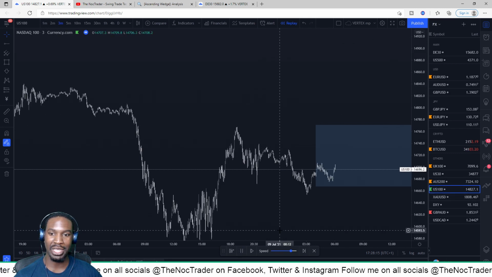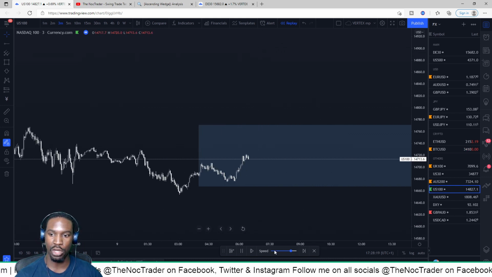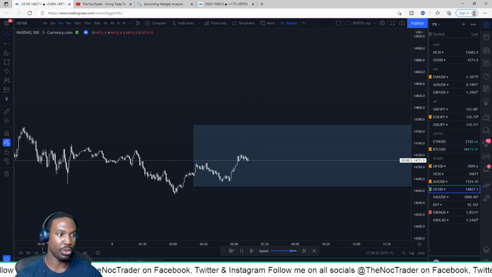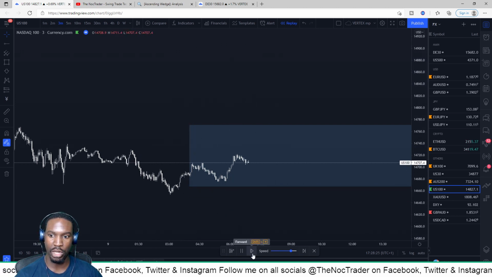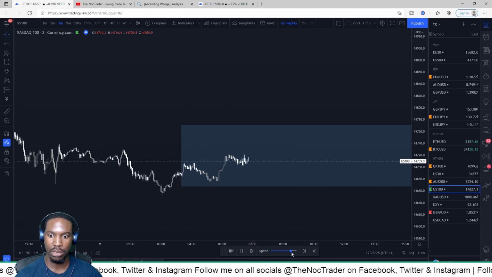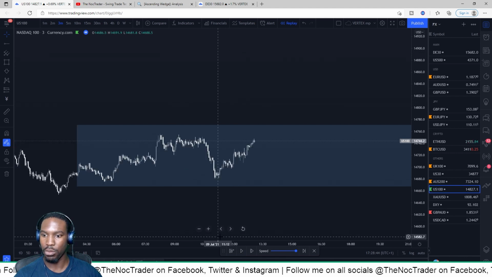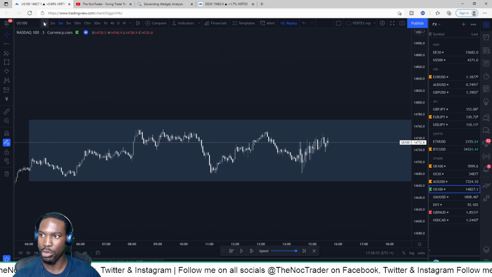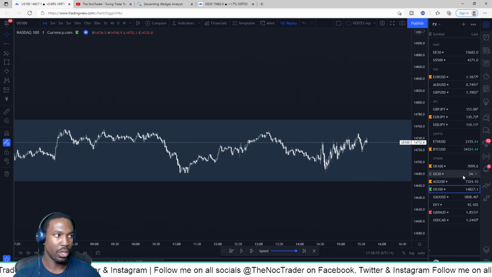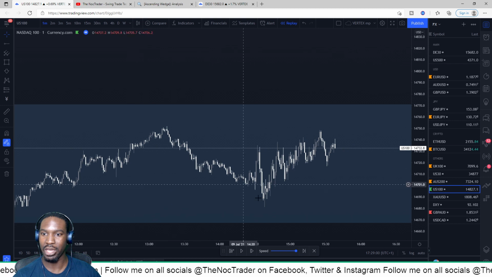Now, in this particular setup, the trade was taken on the 1 minute chart. Yeah, it was on the 1 minute chart. So I'm gonna let it speed up and then get you to where the trade was taken. All right, so this is where the setup was. So I'm gonna go down to the 1 minute chart,